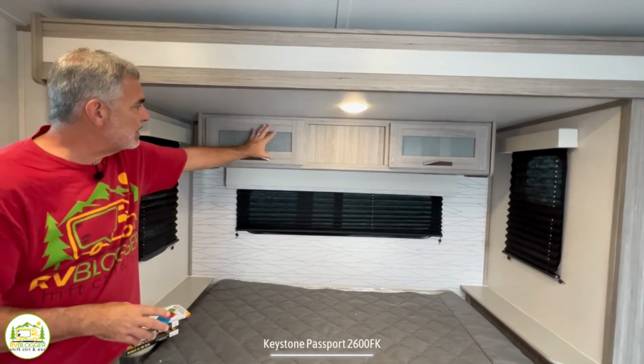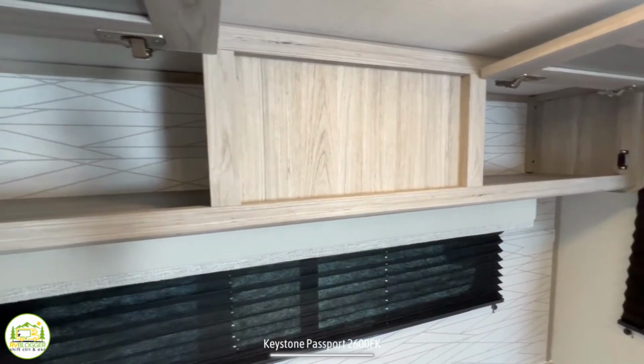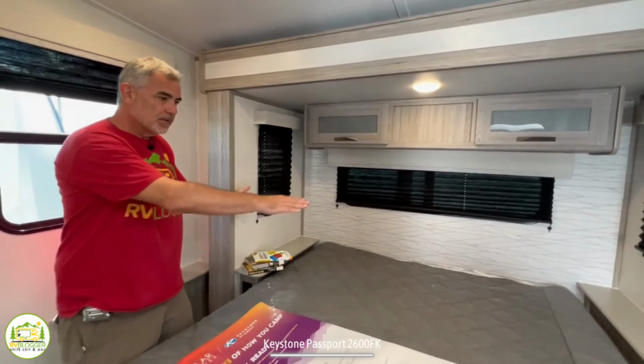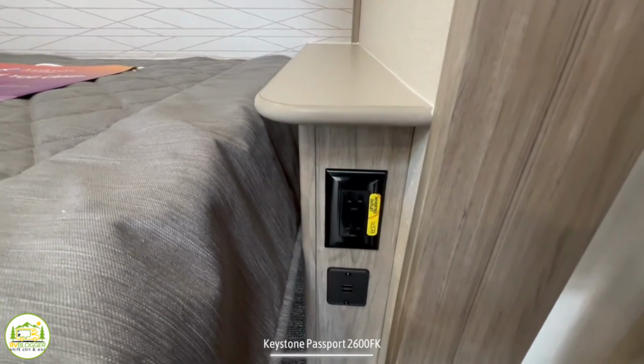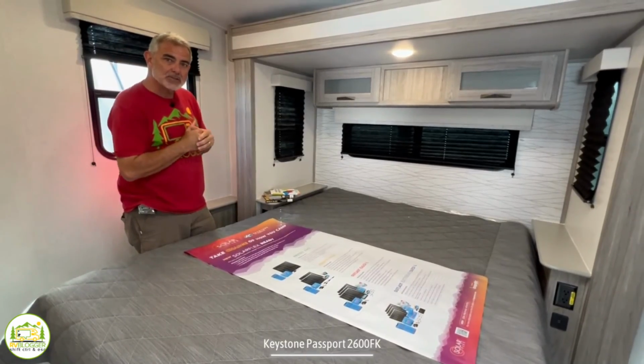Up above here, they have these cabinets with some nice glass inlay doors. And then there's open storage all the way across. On each side of the bed, there's, I guess, a little nightstand, but it's very, very skinny. But on each side, there is a receptacle and USB power outlets, so you can charge all your electronic devices